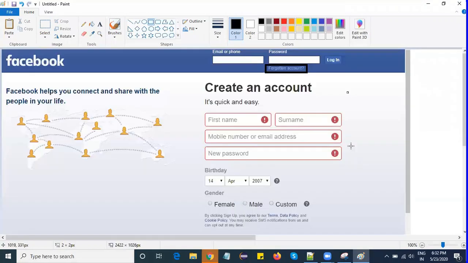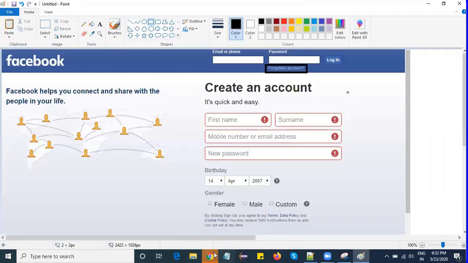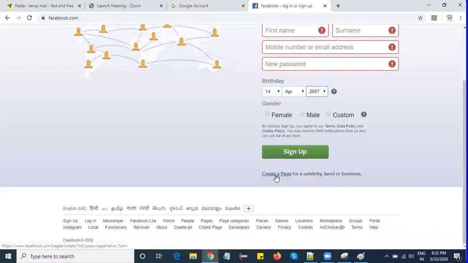Which means whenever the text is in a rectangular or square format, then I will call it a button. But when it is not in a square or rectangular format, then I will call it a link. So in the real-time application, login is a button, sign up is also a button. But see here, create a page is nothing but a link.